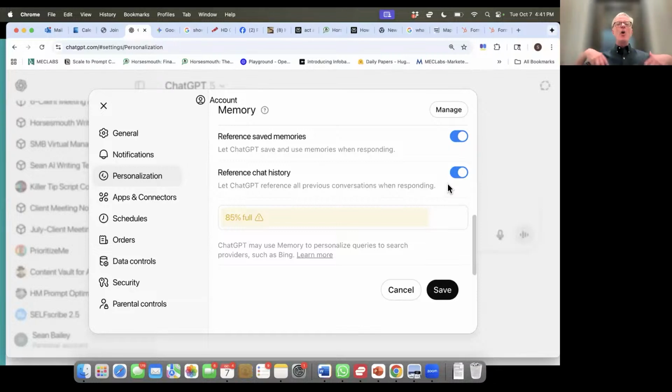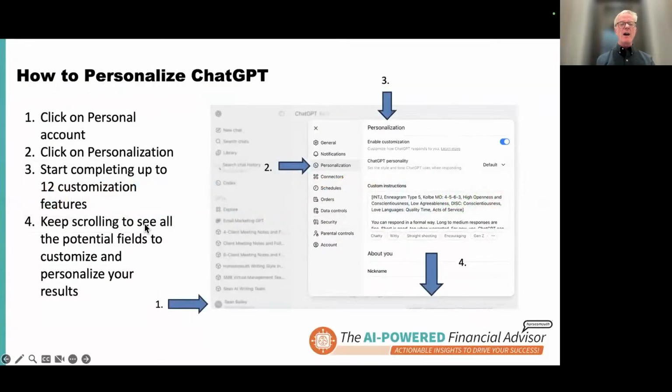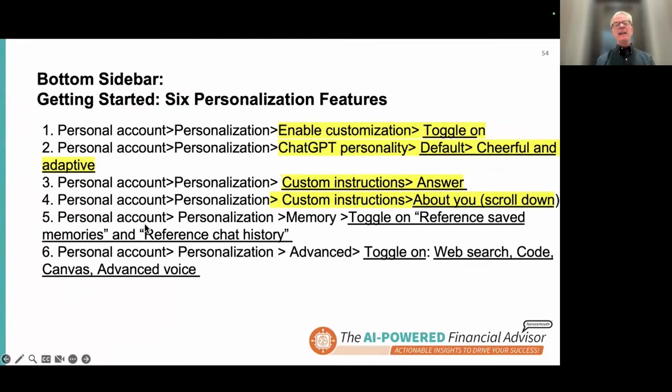That way, it is learning about you and is doing a better job as you're going forward. So that's what's going on there. We don't have time to go through all these, but if you go into that sidebar, I just showed you a number of them, and there's 6 big personalization features there. Enable customization, ChatGPT personality, custom instructions, answer the questions, more custom instructions, scroll down, turn on the memory, and then